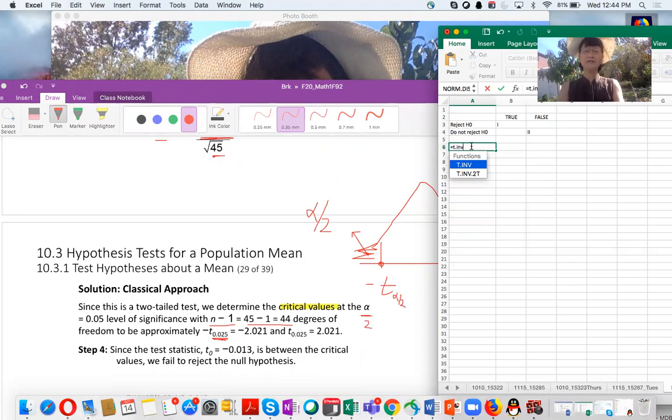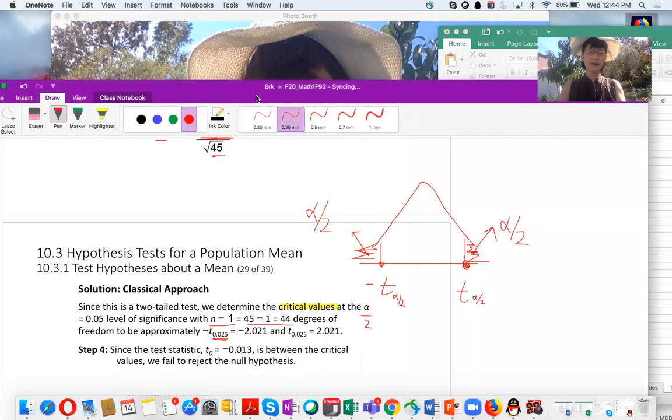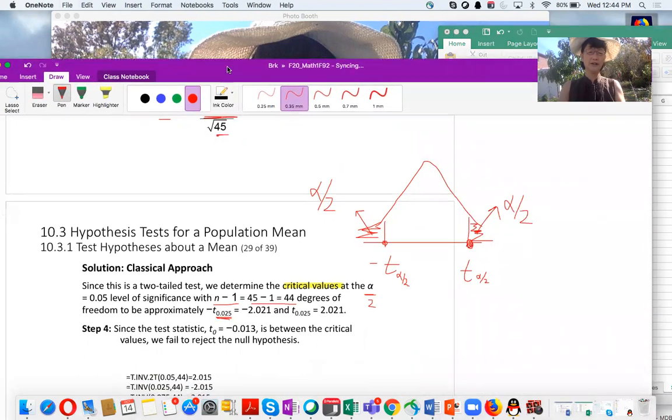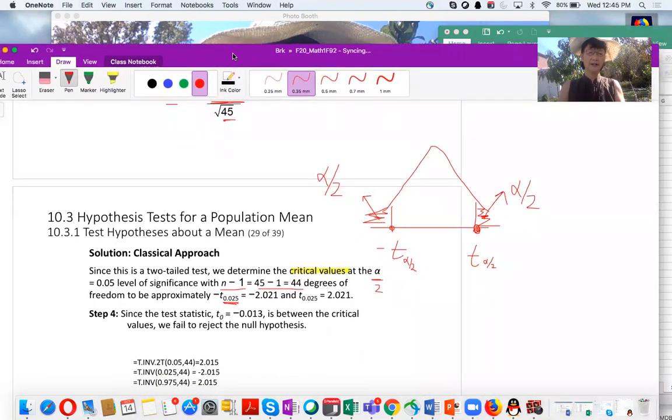INV is the inverse of the T distribution. And then since this is a two-tailed test, .2T. The probability: because this is a two-tailed test, you already told it it is a two-tailed test. So